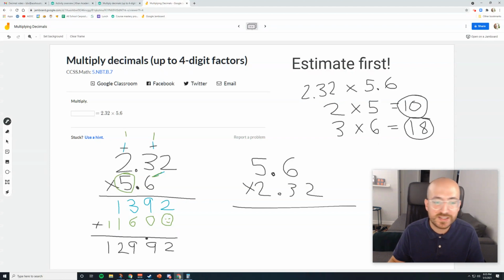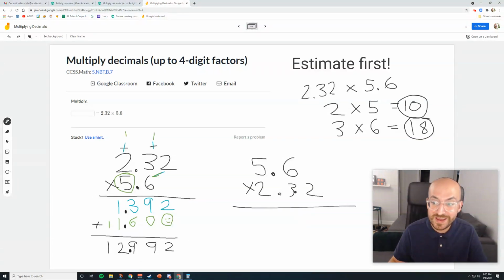It's between 10 and 18. Bada bing, bada boom. 129, that doesn't make sense. 1.2 does not make sense. 12.9. So that means our decimal point was here all along. This would be 2 times 0.6. Yeah, it would be 1.3 because that's like about half of it. All right,